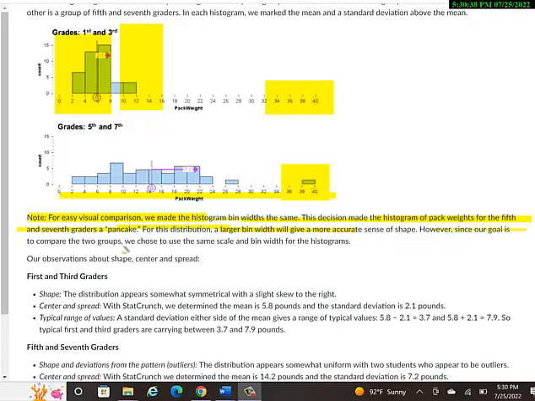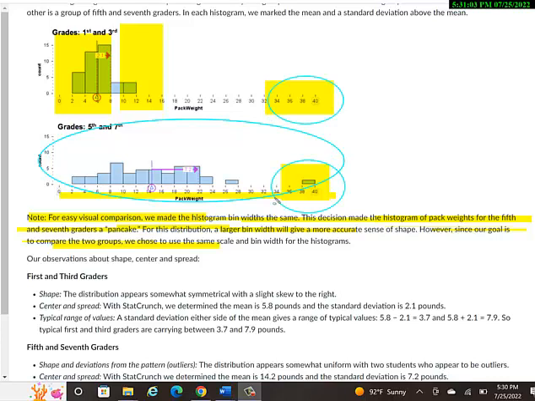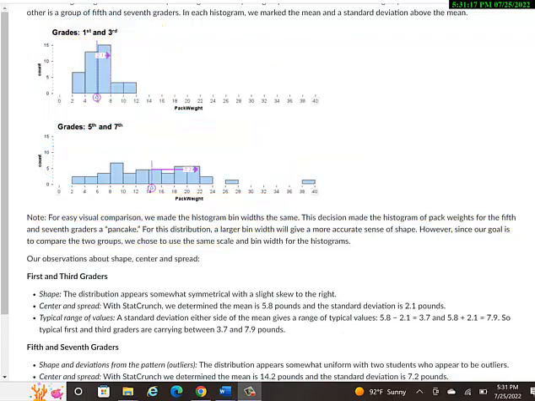However, since our goal is to compare the two groups, on the bottom one, the 5th and 7th graders, it's hard to compare the heights of all these bars. They all look like they're really low. But if the x values were different, and only one of them went up to 40, it would be much easier to compare. If you were looking at the 1st and 3rd graders histogram alone, you'd probably just look within the circle that we just drew. You wouldn't even include these data values over here. It'd be too much. But because we're trying to compare variabilities, we're going to go up to the same